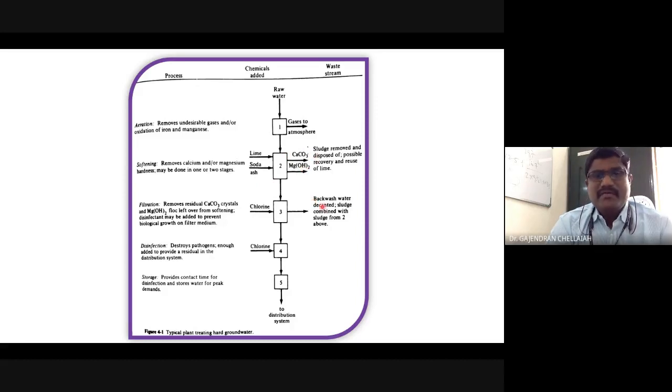Okay, so this amount of sludge will be here. The next stage is the disinfection, which destroys pathogens and adds enough disinfectant to provide residual in the distribution system. As I said earlier, disinfection is done to ensure that the water doesn't contain pathogens, so that the consumer is getting the same treated water. During the transport time, there should not be any possibility of pollutants.